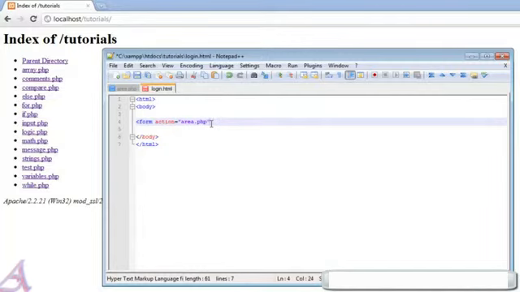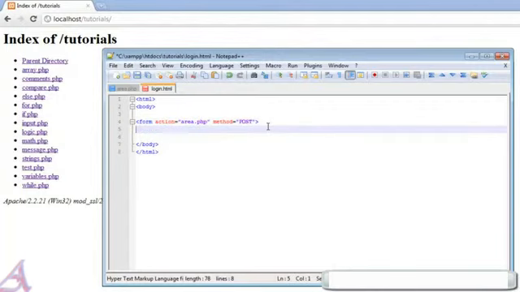So the action of this form is to send to area.php, and this time the method is not get, it's going to be post. So we're just telling the form that the method is post, and the action is area.php. Then we need to create our two text boxes, so we're going to put bold username